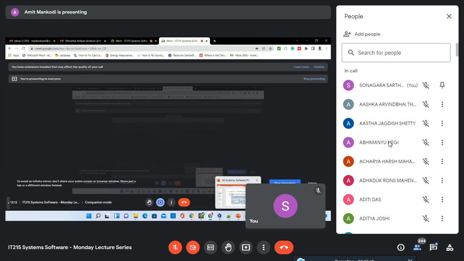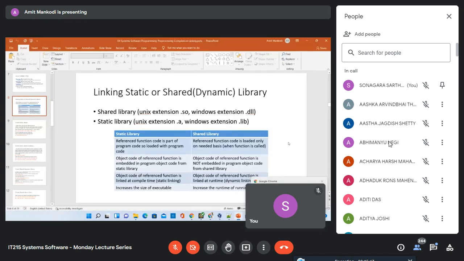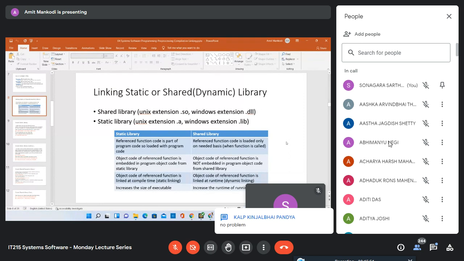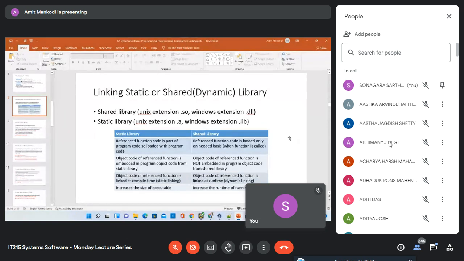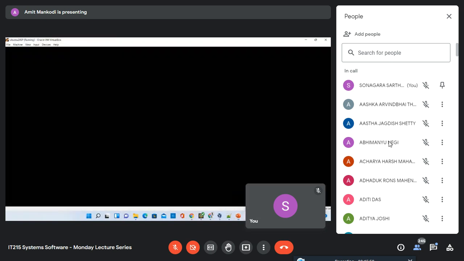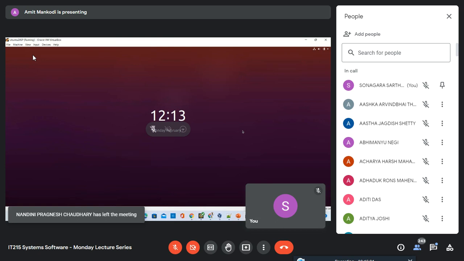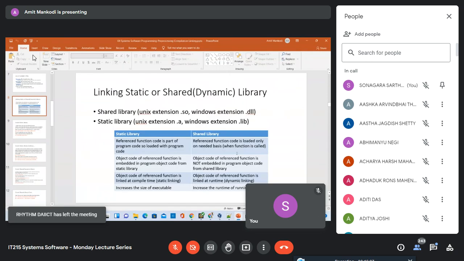Sir, there was another request about the lab. TAs are not helping much. They are telling us we have to do it ourselves. Then how would we learn? Okay, the labs are for self-practice, but we need at least a little help from them. See, I will talk to them about this.